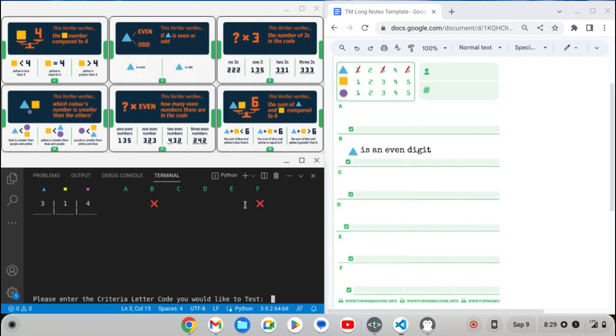Okay, so the Turing Machine does not approve of what I have. So remember, criteria card F is looking at our first 2 digits and adding them up. So if I add up 3 and 1, that gives me 4. 4 is less than 6, but the Turing Machine does not approve of that. So basically, triangle and square should add up to either 6 or something greater than 6. So let's go ahead and type that up in our notes in section F. And again, that's triangle plus square